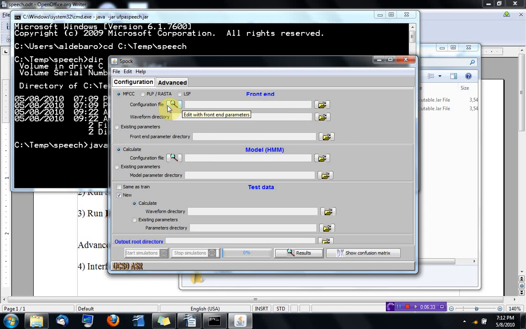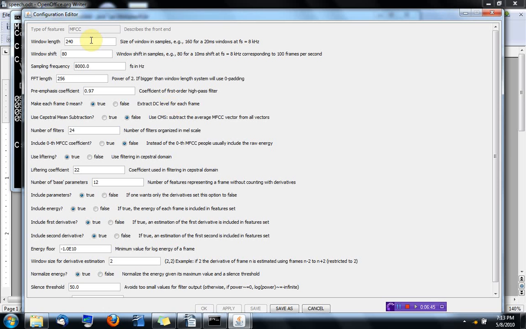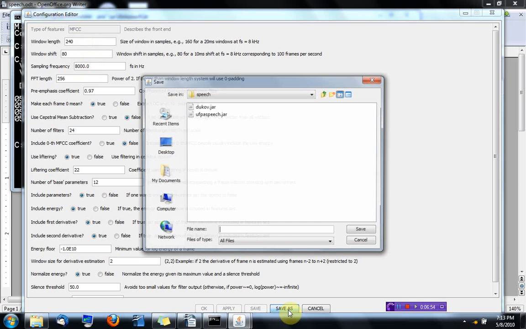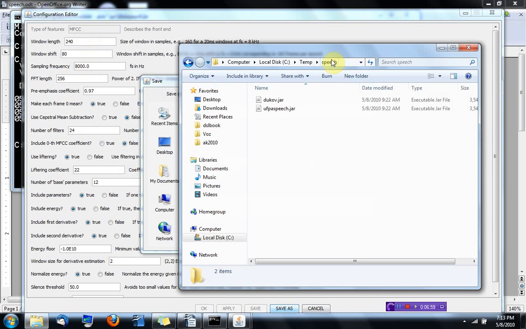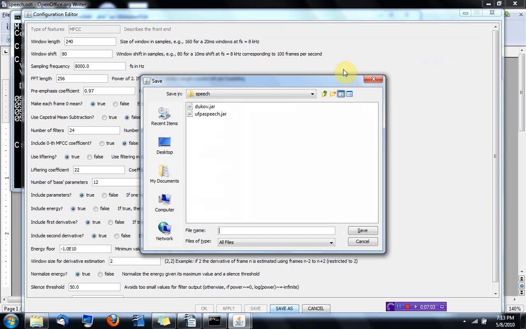So I'm going to provide a configuration file. I could choose one by opening it, but if I don't have one, I can press here, edit, and it's going to use a default configuration file that has many parameters. So you can see sampling rate 8 kilohertz, and I'm going to save the original here. I'm going to call it